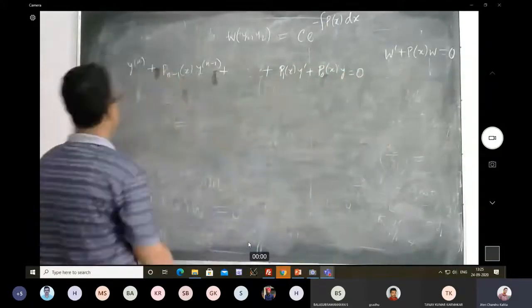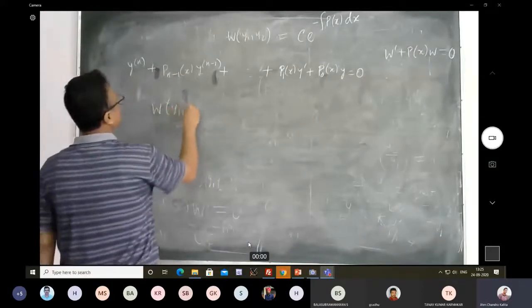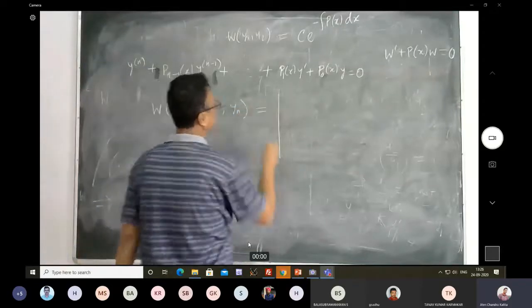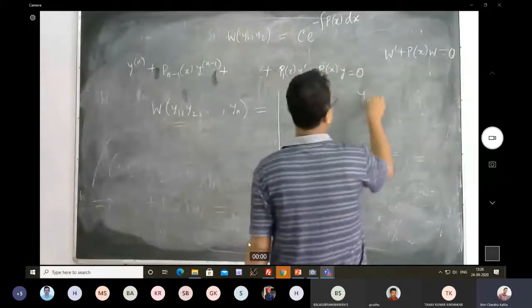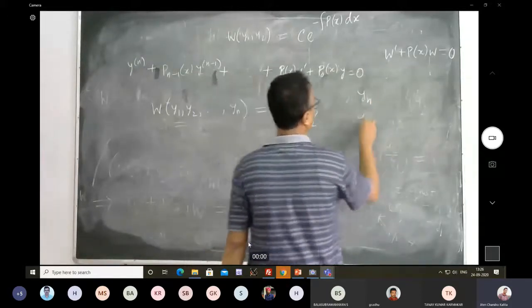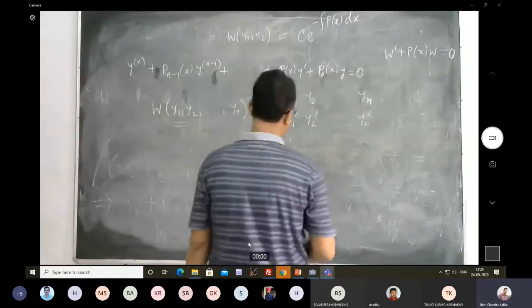Now the Wronskian of these functions is given by y1, y2 up to yn, and then initially